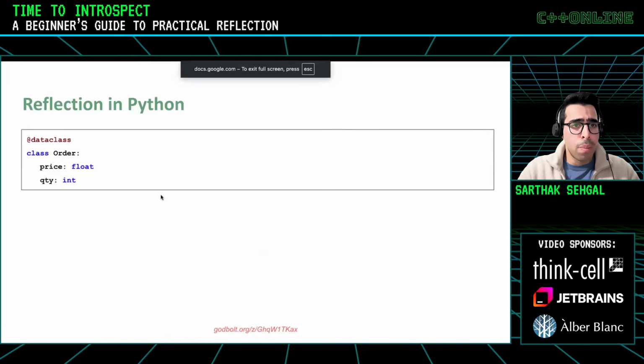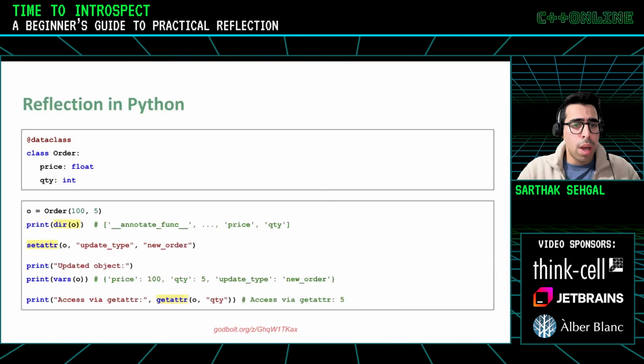Let's also have a look at reflection in Python. Again, Python has a very rich support of reflection. Let's say I have this class called order. It's a very simple class. It's a data class. It has two members, price and quantity. And